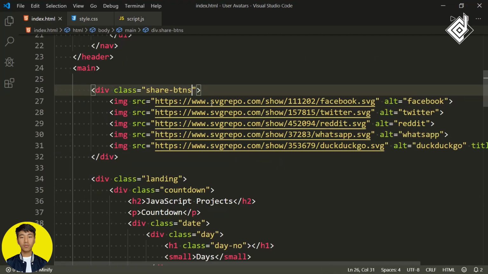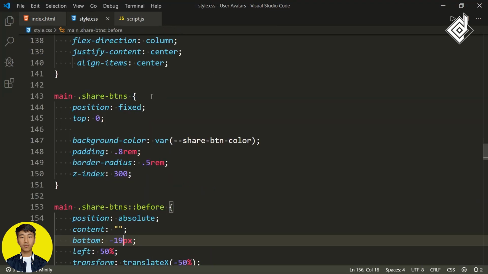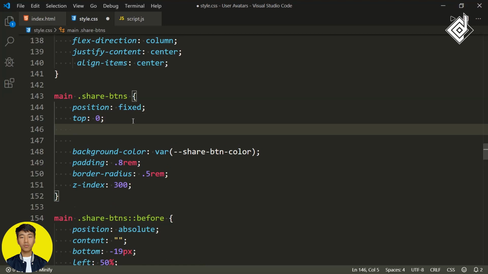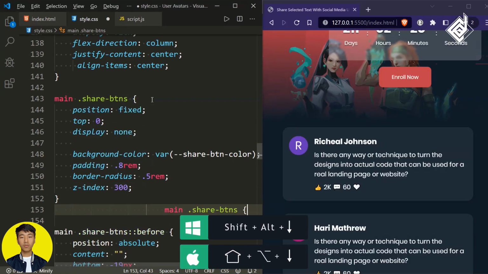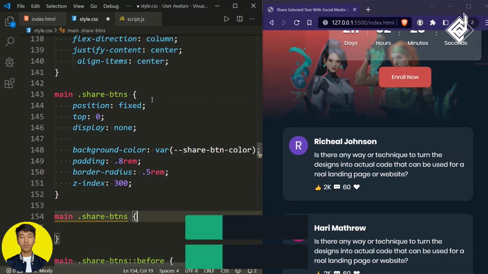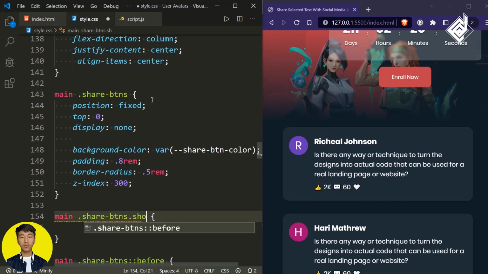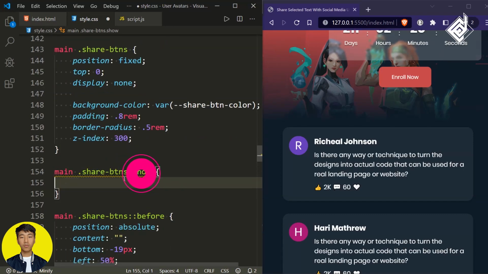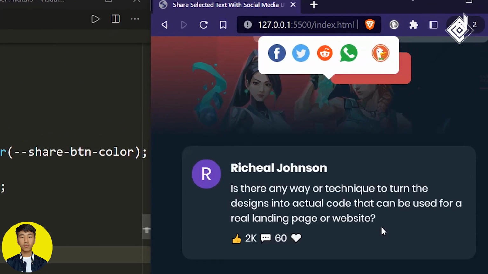Now whenever you are adding the class for the div with class name share buttons, in our CSS file, you can write something like, initially for our class share button, we'll give display none so that our share button will be hidden, and you can duplicate the same code and bring it down there. But as soon as you give the class for our class share button, be careful, there is no space. Now when you give the class, at that time we'll give display block. Now in your browser, if I select this text, did you see that you will be able to get that share buttons?